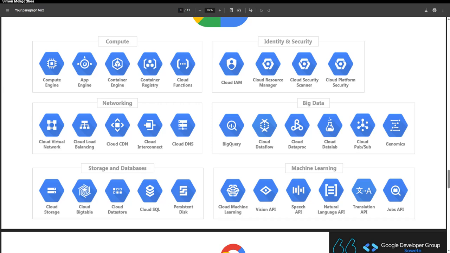Now, for identity and security, you get Cloud IAM, which is really identity administration management. And what this is, it's a service that enables users to manage access to Google Cloud resources by creating and managing policies and roles. Now, let me give you a quick scenario of what this may look like. Let's say now you are the cloud administrator for your company, and there's obviously other members of the company who need access to the cloud. What this then does, it helps you create policies and roles.